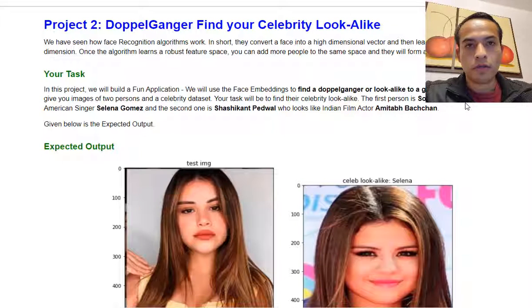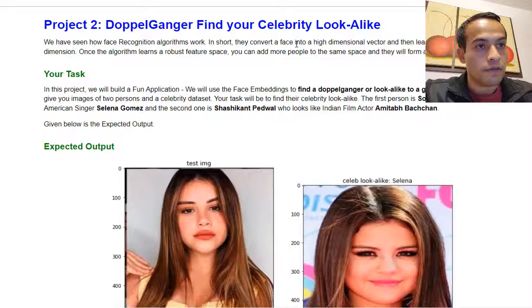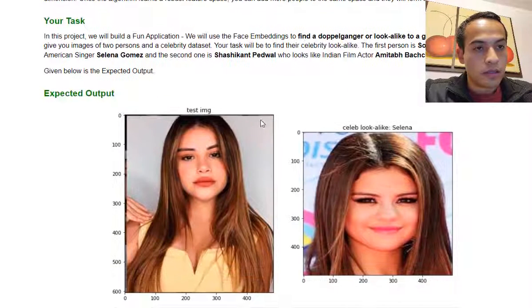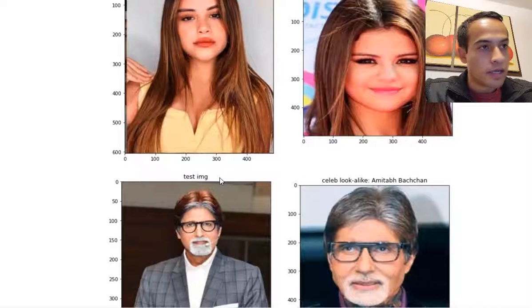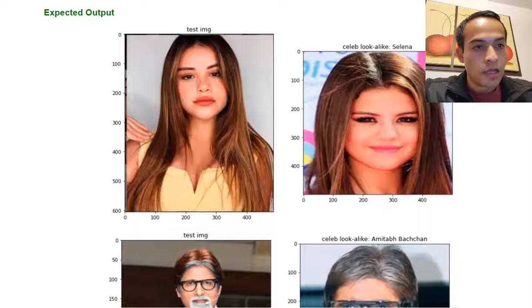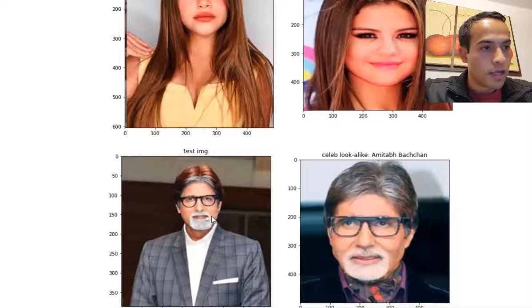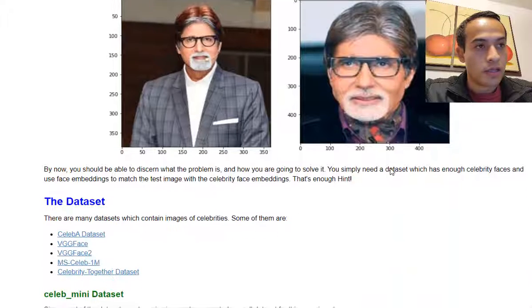Hello, in this video I'm going to present the second project for the OpenCV apps course. This project consists of finding the celebrity that looks like this image. We have two test images as examples, one of a girl that looks like Selena Gomez and the other a guy that looks like Amitabh Bachchan. I don't know how to pronounce that, but we're going to try to find the celebrity that matches